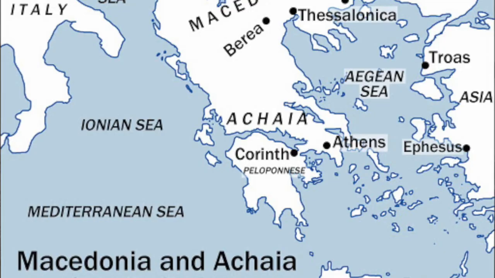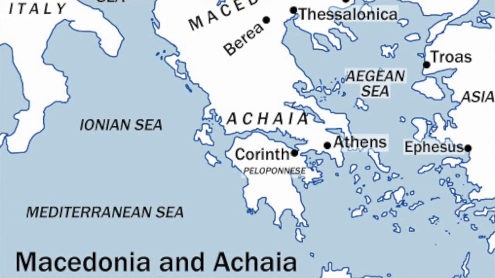Now, the second point I would like to discuss with you is about the city of Corinth. Now, this is very important. The study of ancient Corinth is very important in view of understanding the entire letter. So let us deal with this point a bit in detail. Now, the city of Corinth. The ancient Corinth is now found in modern Greece.